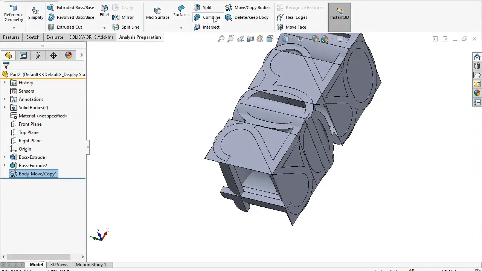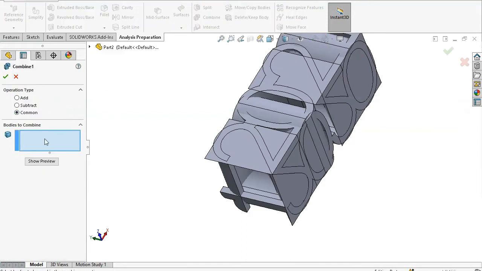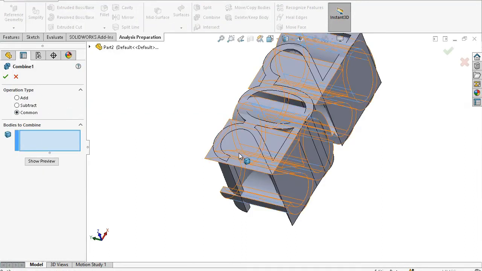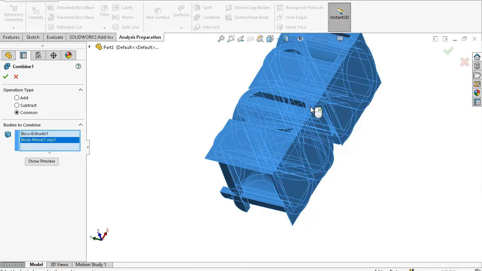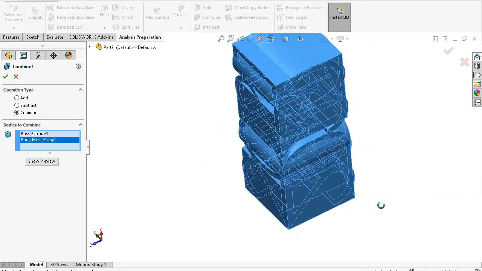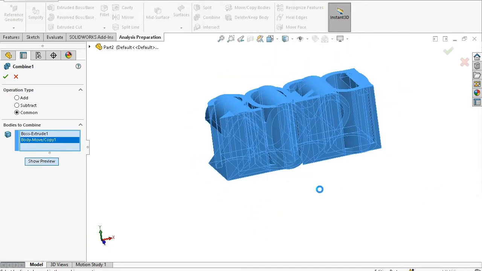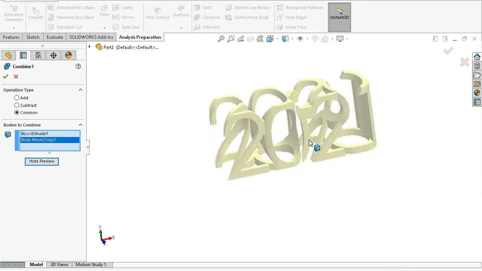Now to delete the excess, click Combine and select both bodies and Common. Click Preview and click OK and you got it.